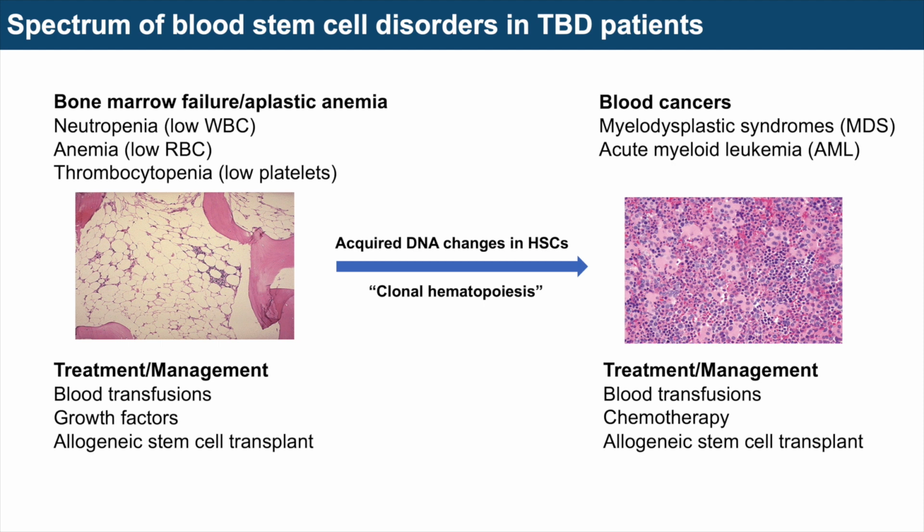And so one of the things I'd like to highlight is that when patients progress from a state of low blood counts where the supply is not meeting the demand to something like a blood cancer, there's often changes that we can detect in the blood cell. And so one of the key efforts that we have ongoing in our program is to really understand what are the specific changes that lead patients to develop a blood cancer. And I think this is something that would be beneficial to know in the way that we can early detect disease at the earliest possible stage and then potentially intervene when outcomes might be better.